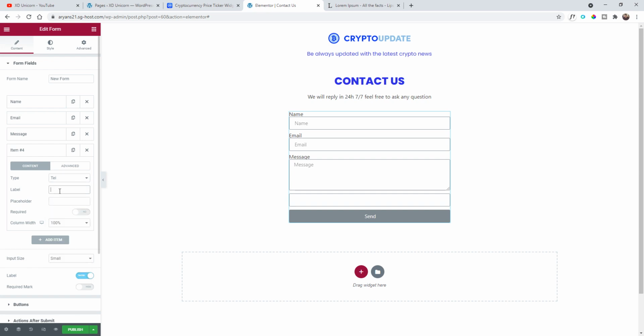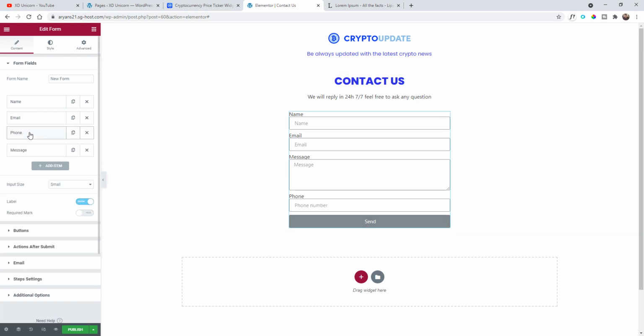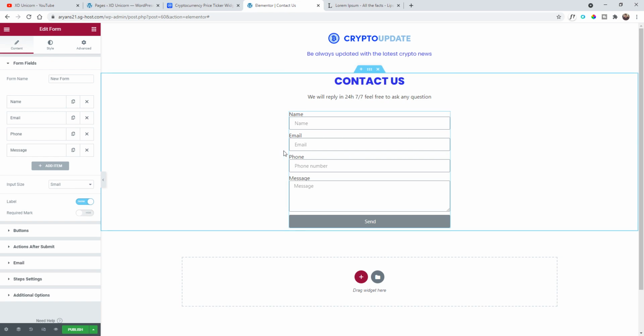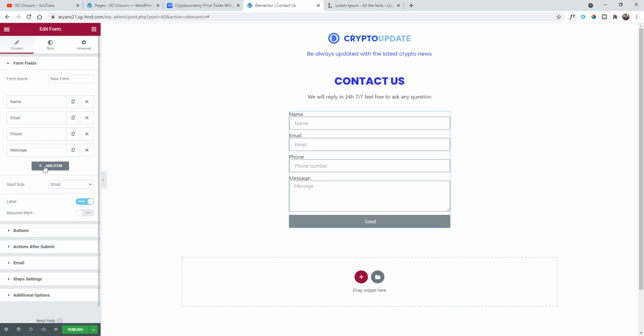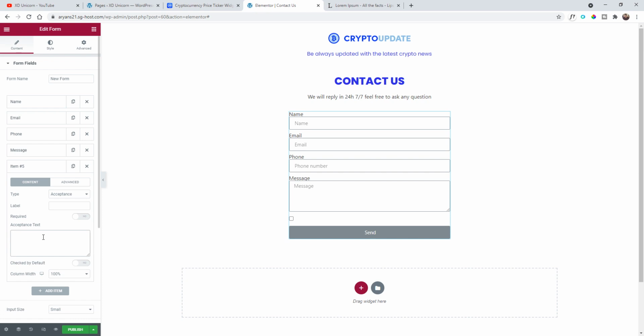So label phone, placeholder, phone number. Okay, and we can drag the phone here, so we have name, email, phone, message, and of course we can add also some text for the acceptance, like, you agree to the terms and conditions